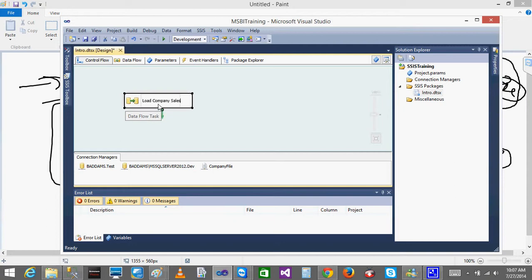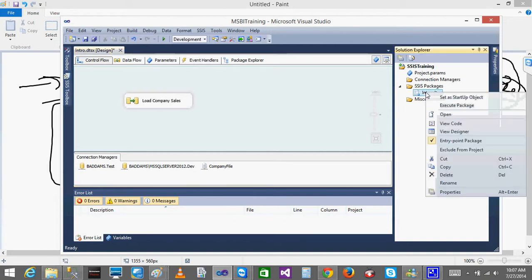So in the company you will name it in a normal, understandable way. Looking at this task, you have written the logic where it loads the company sales. Now, you can see I got only five tabs at the top,